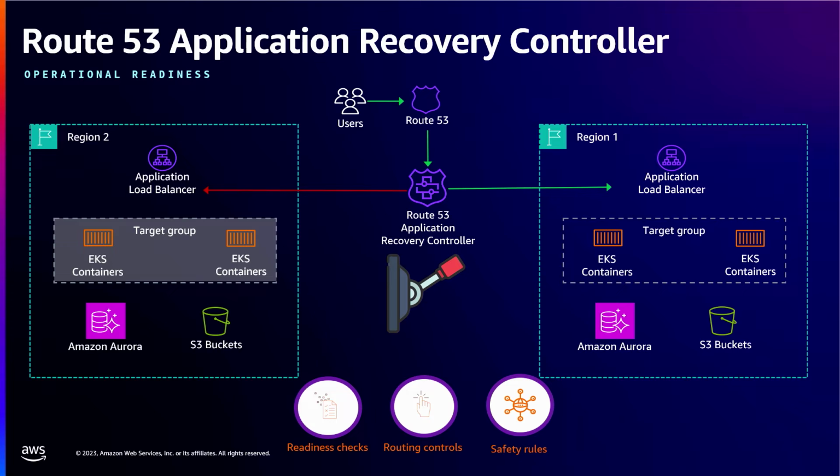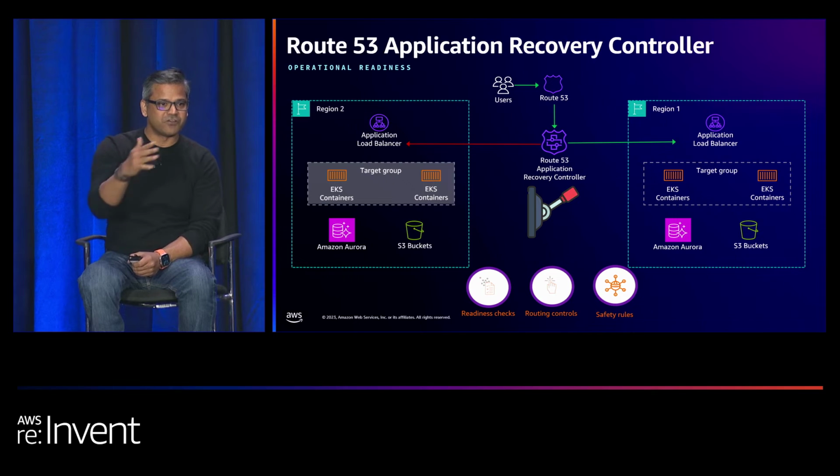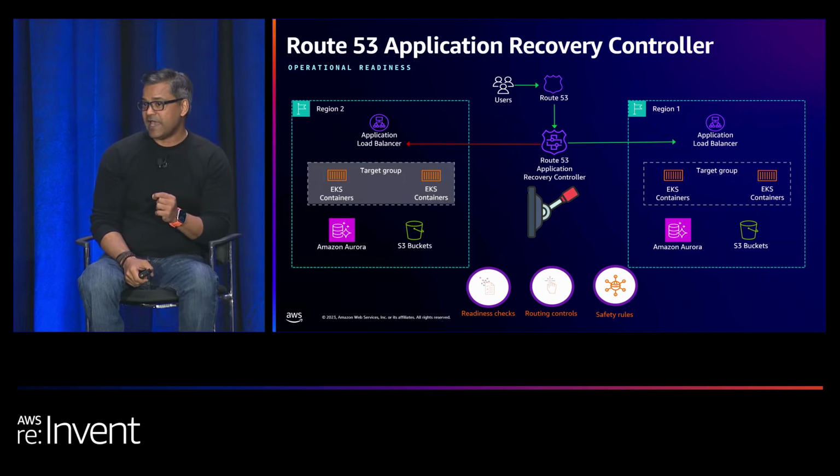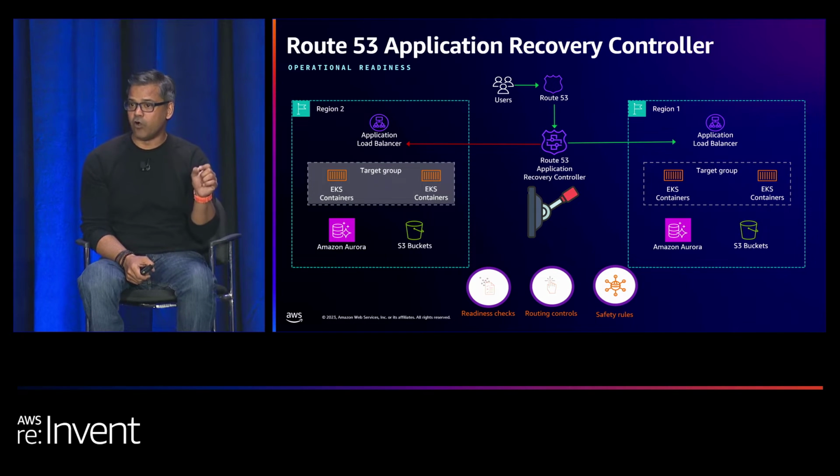The second thing is the routing control itself. Now, when you fail over, especially in this kind of architecture, this scenario we are talking about with warm standby, which is really an active-passive architecture, whilst we recommend you should automate all the steps, like all your runbooks and everything, the decision to actually pull this proverbial lever to shift the traffic from one region to another should be manual. And really the reason for that is it's a very involved decision. You need to be absolutely sure when you make that final decision to shift the traffic,